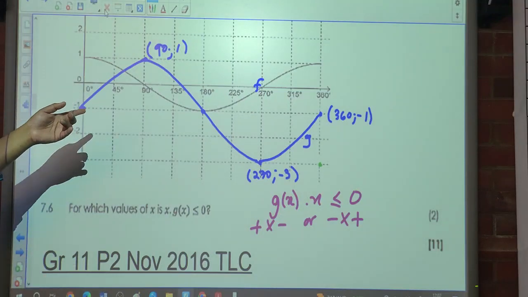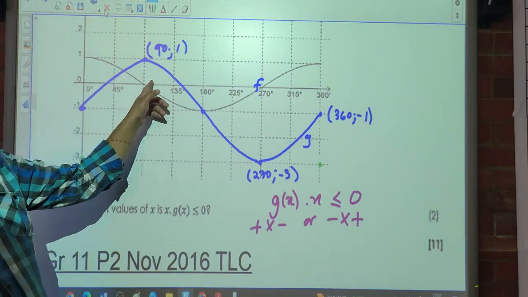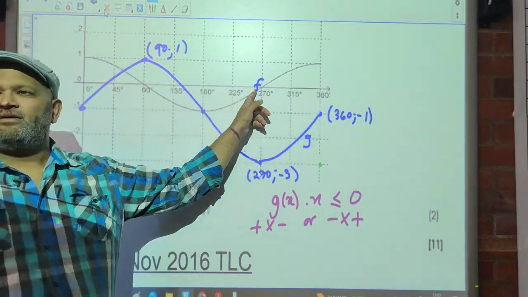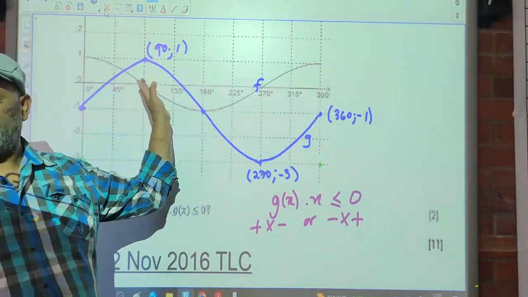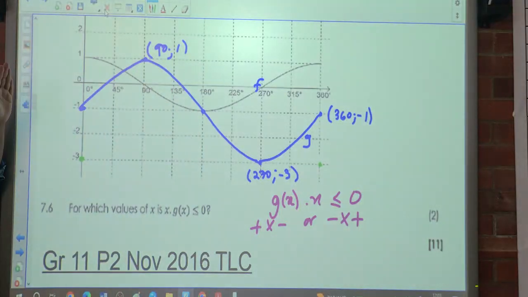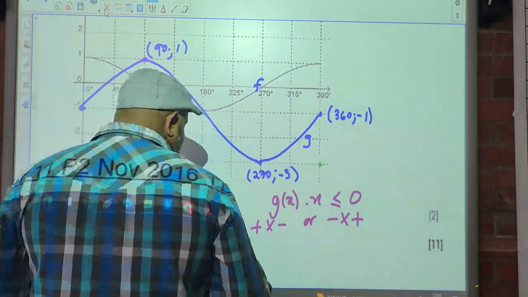The bar, the x bar. Can you see it? But what do we know about this x? This x is always positive or negative? Positive. The x is always positive. If I had to draw the graph on this side, the x would have been negative. You guys understand? So in other words, the graph must be positive